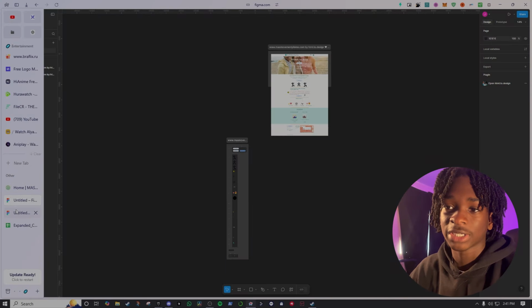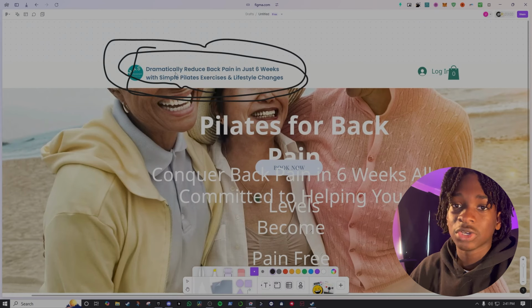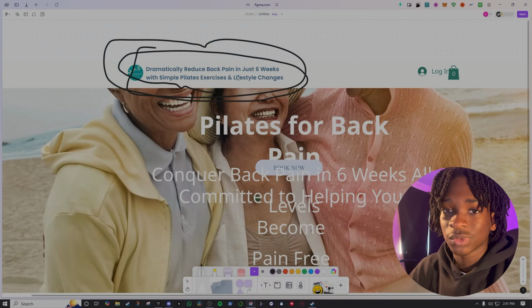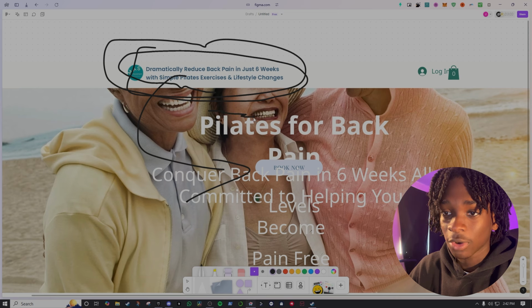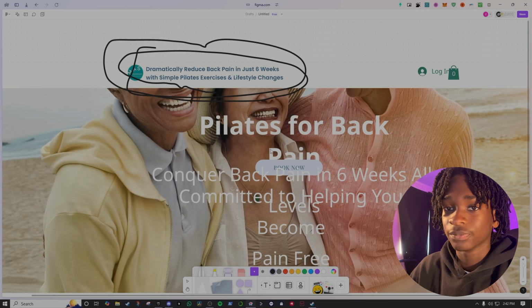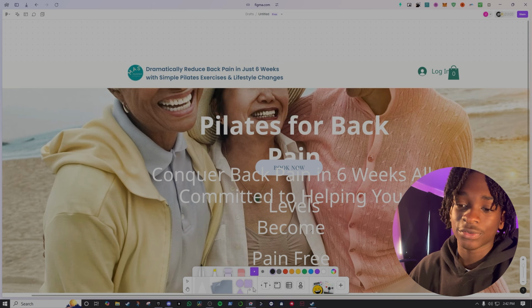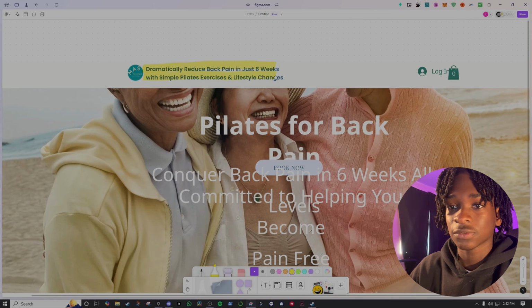So at least it's in your site, so it's ranking for SEO. It says dramatically reduce back pain in 6 weeks with a simple Pilates results. That right there would be great as headline copy, or H1 copy, or H2 copy, or even as an eyebrow on the top of your hero copy. But in the navbar, it's just not the right place for it because it's kind of confusing and it doesn't belong here. So that's the first thing I would change: move that to a better spot,